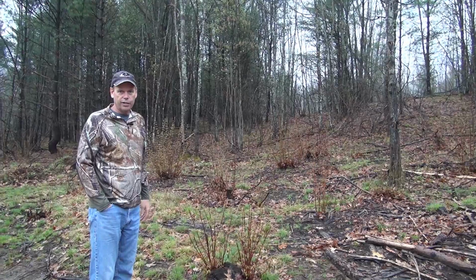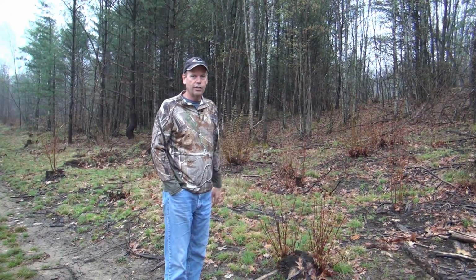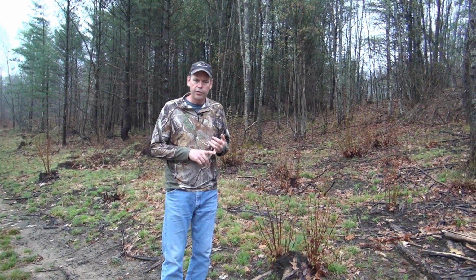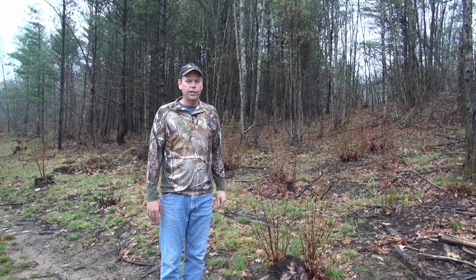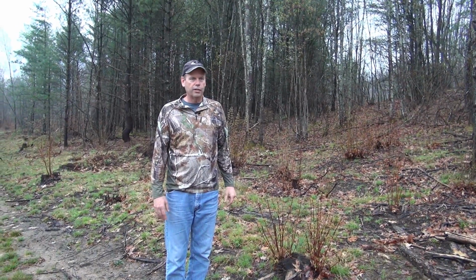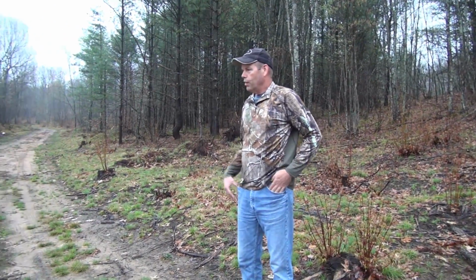Really easy right now to identify your trees because a lot of different species are in different stages of whether or not they have buds or leaves. And the coloration of the buds and leaves too at this time of year is real easy to distinguish what tree is what. So one thing we're going to do today is we're up here and we're going to spray